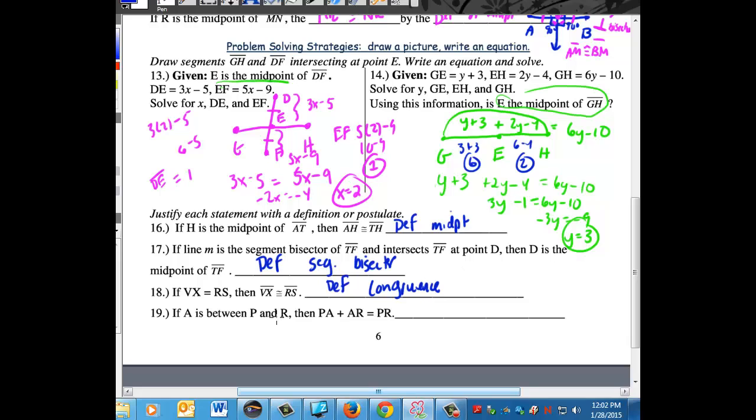And if A is between P and R and PA plus AR is equal to TR,